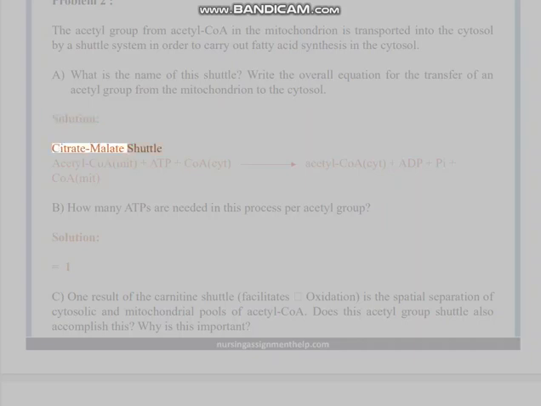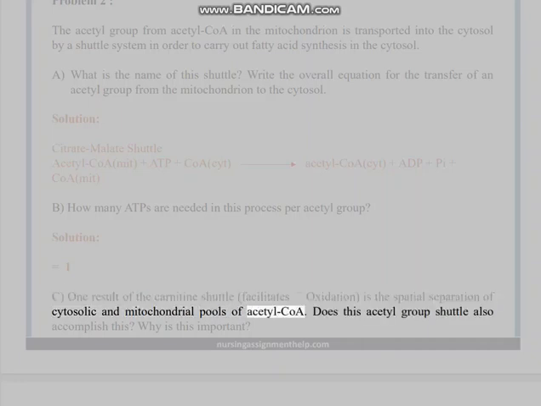Solution: citrate malate shuttle. Acetyl-CoA (MIT) plus ATP plus CoA gives acetyl-CoA (CIT) plus ADP plus Pi plus CoA (MIT). B. How many ATPs are needed in this process per acetyl group? Solution: equals 1. C. One result of the carnitine shuttle, which facilitates oxidation, is the spatial separation of cytosolic and mitochondrial pools